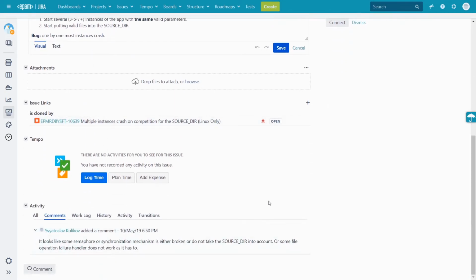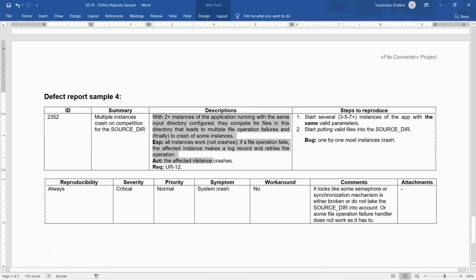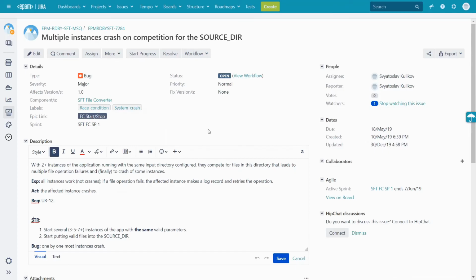So, like it was said several times during our training, it doesn't matter what tool you use. You see this in Jira, you may see the same in a classical Word file. It absolutely doesn't matter. The main idea is for you to understand how to write those texts. And then you may write such texts inside a Word document or inside Jira or inside any other tool you like. Once you know what to write, it doesn't matter where you write it.